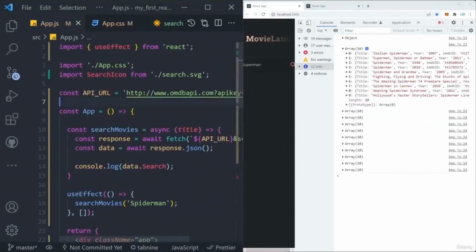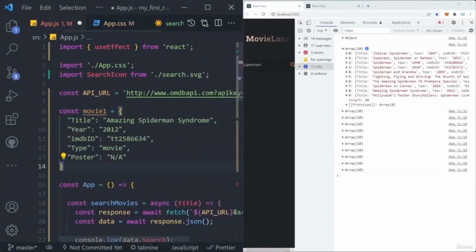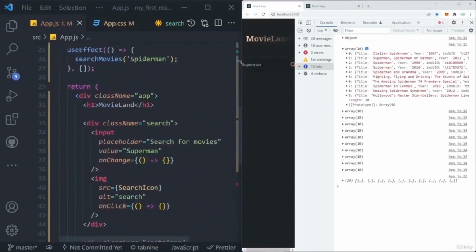We can go to the top and say const movie1 is equal to, and then we can paste that. Right here, we're gonna get the data for that specific movie. We're gonna use this as static data just to render out something